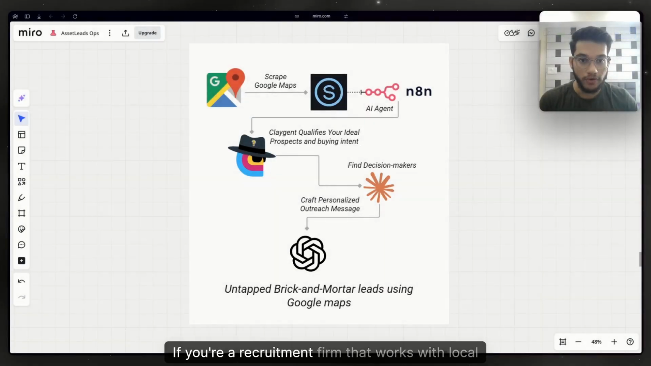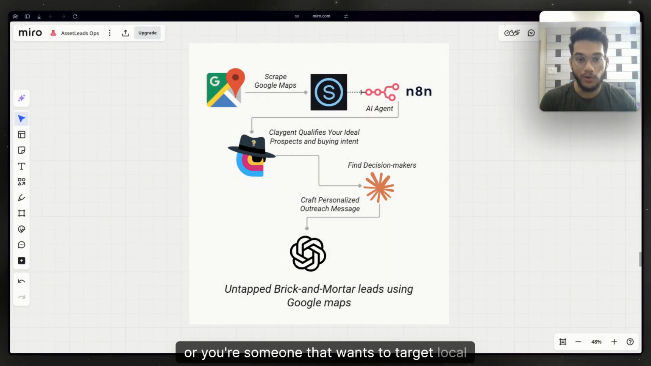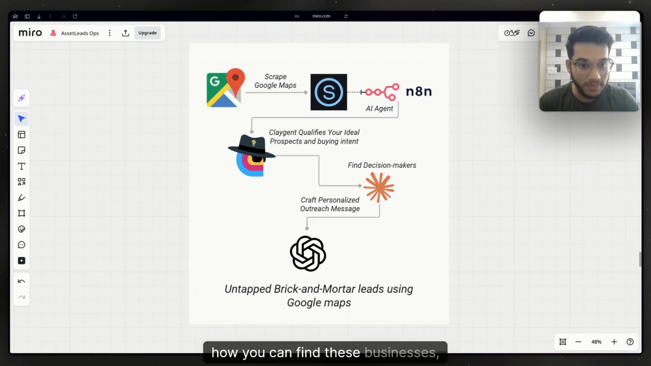If you're a recruitment firm that works with local businesses, or you're someone that wants to target local businesses that are not on LinkedIn, today I'm going to show you how you can cover your entire total addressable market, how you can find these businesses, find the right decision makers to contact, check for any buying signals that indicate that they are hiring in this case. You can reach out to them with personalized messages, and all of it is automated inside of Clay using Serper.dev